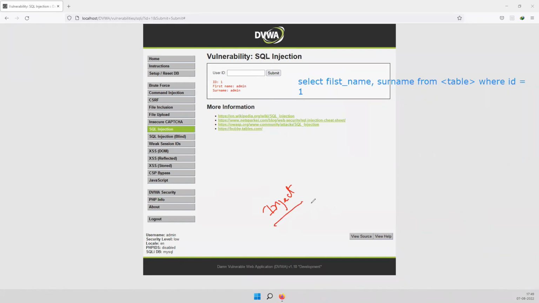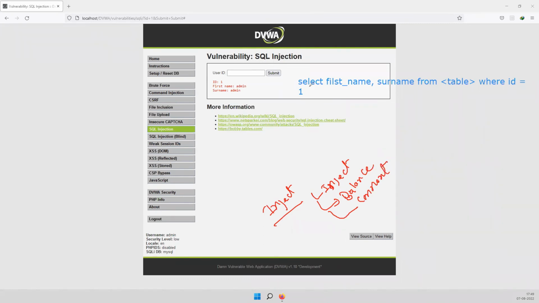Number 1, if you want to inject any SQL, first inject it. Then balance it, and third is comment it.